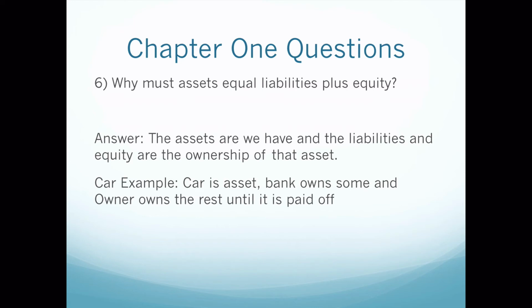If you just bought the car, as we said before, it was zero down and you're not making a payment for 45 days, all of the claim on that ownership is going to be with the bank, and you're going to have zero. So somewhere we've got to have ownership of the asset, and some of it's ours and some of it's theirs. If it's ours, it's on the owner's equity side portion of the balance sheet, and if it's theirs, it's on the liability portion. And that's the reason why assets equal liabilities plus owner's equity.